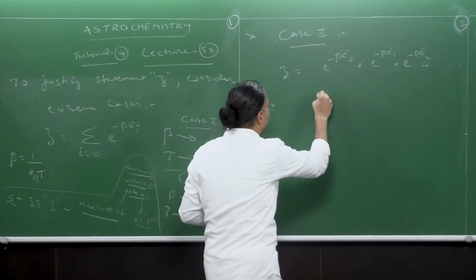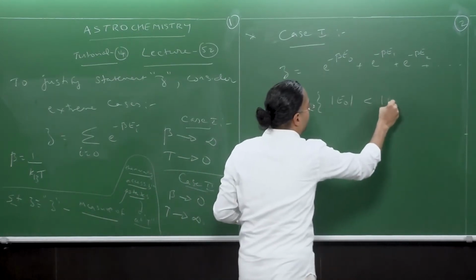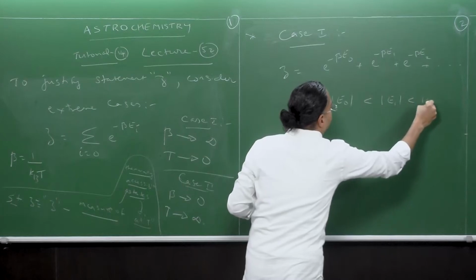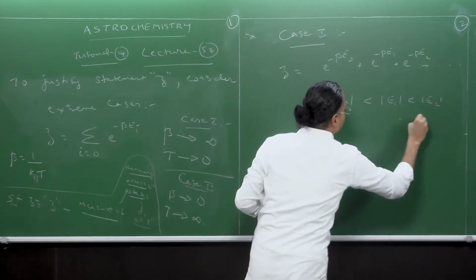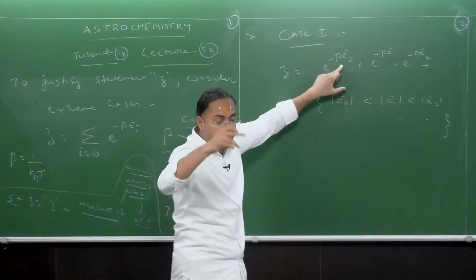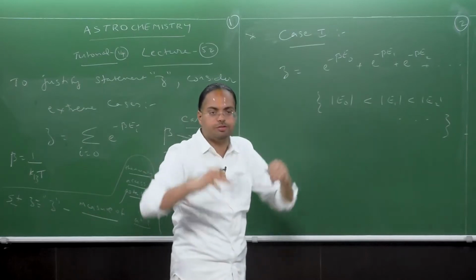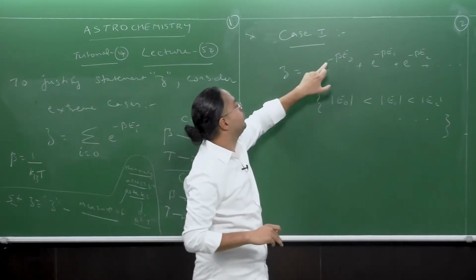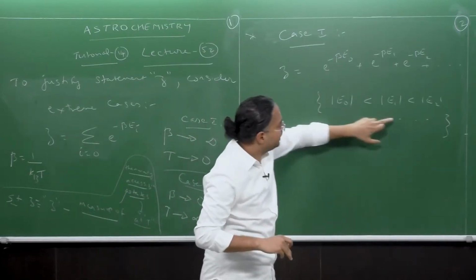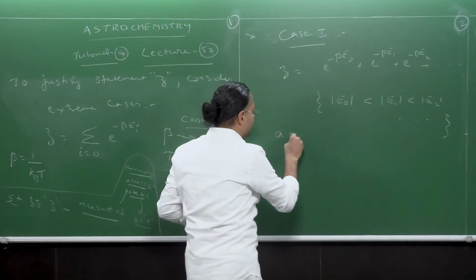We know that mod E naught is less than mod E1, which is less than mod E2, and so on, because this is the lowest energy state. We start from the state i equals 0, that is E naught, the ground state of the system. Now, as beta tends to infinity,